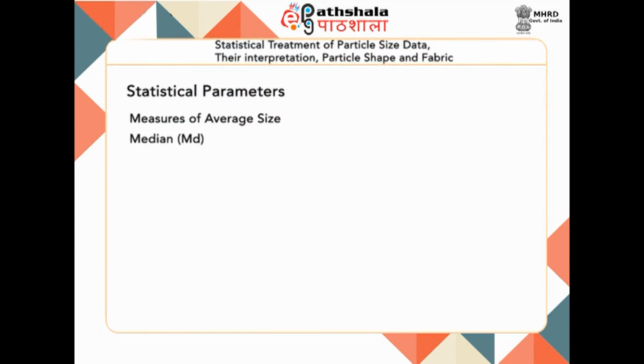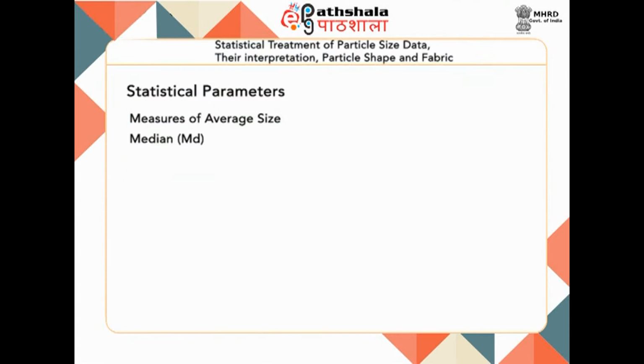The parameters which help us in making this decision are: number 1 is mode, that is the most frequently occurring particle diameter. It is the diameter corresponding to the steepest point, that is the point of inflection on the cumulative curve, only if the curve has an arithmetic frequency scale. It corresponds to the highest point on the frequency curve. Now, coming on to another parameter, that is median. Half of the particles by weight are coarser than the median and half are finer. It is the diameter corresponding to the 50% mark on the cumulative curve and may be expressed either in phi